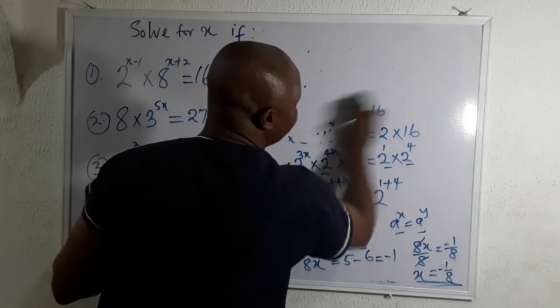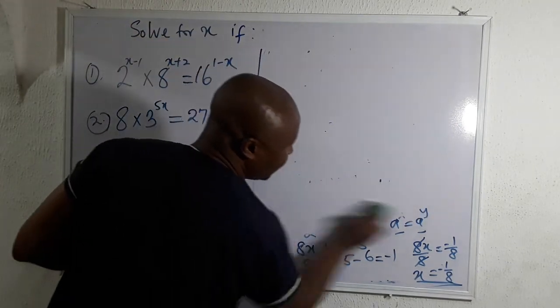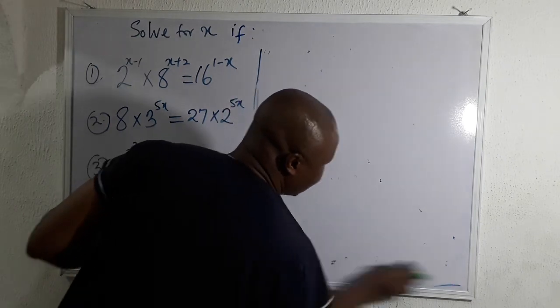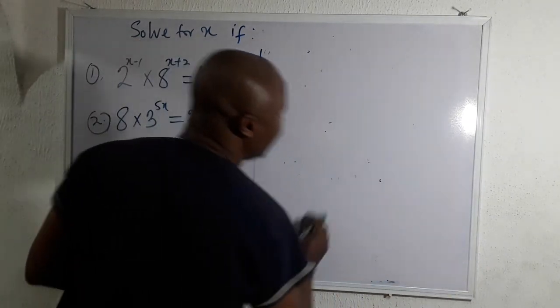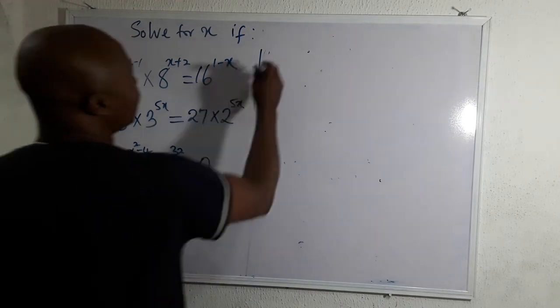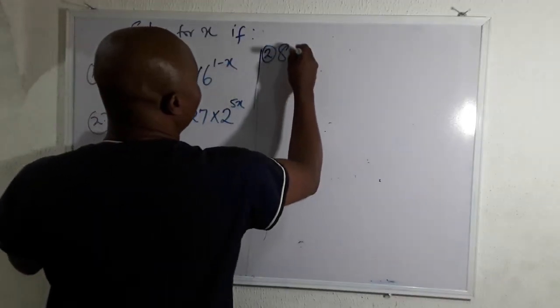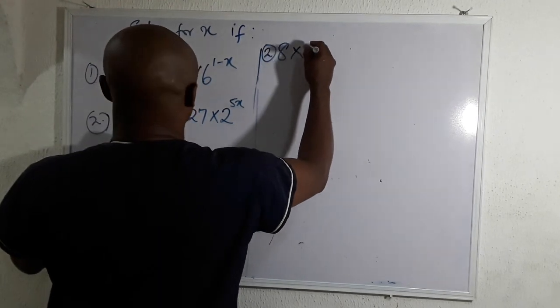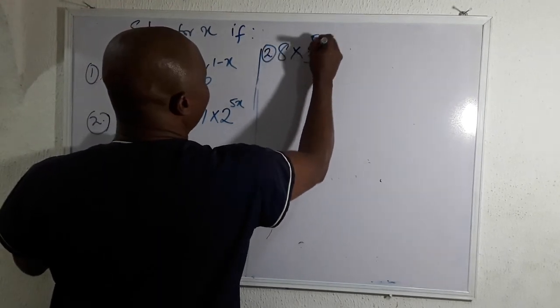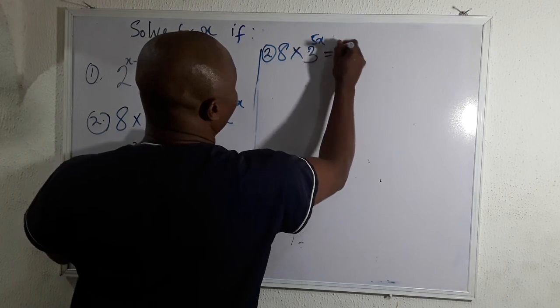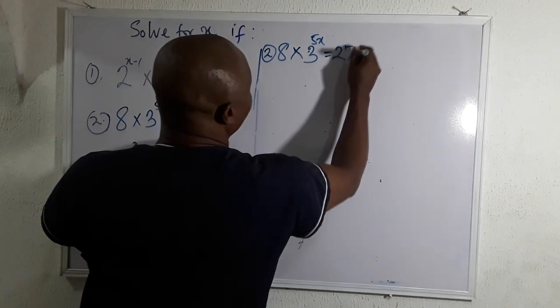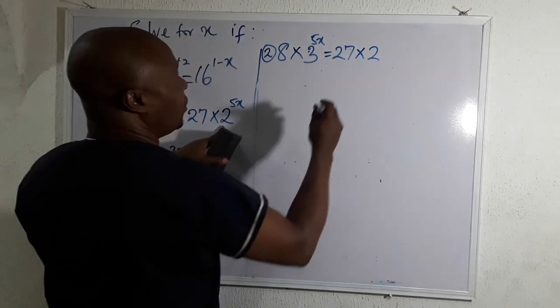So let us see how we can solve question number 2. Now, very quickly, question number 2 is 8 times 3 raised to power 5x is equal to 27 times 2 raised to power